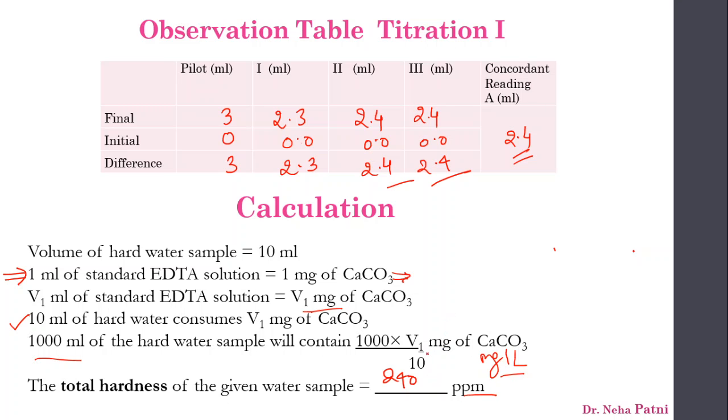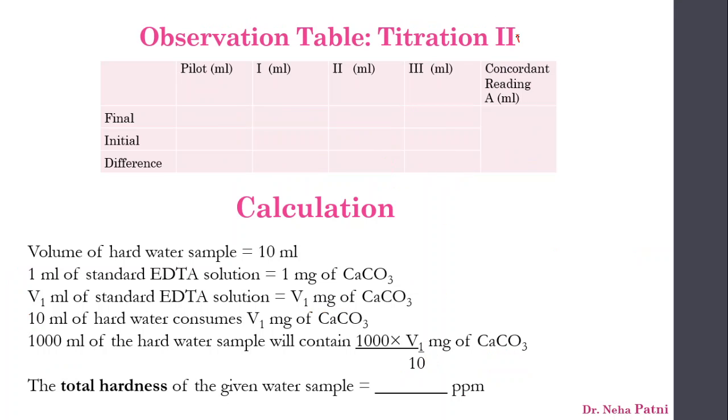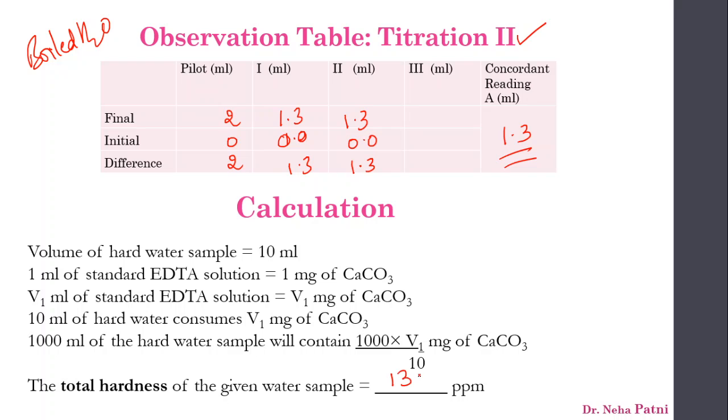Now if you go on, you will get this total hardness, and the titration 2 is the boiled water. So now if you take a boiled water sample and continue doing the titration, you will get the reading. Now I hope you understand. This time temporary hardness is removed, so the permanent hardness would be lesser than the total hardness. So the reading here would be lesser, and let's say you got this reading here 1.3 2 times, so you may safely take that reading as concordant, and then if you substitute, you will get 130. Now this would be your permanent hardness.